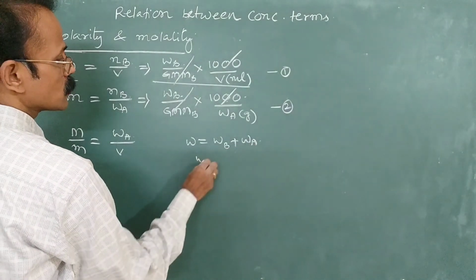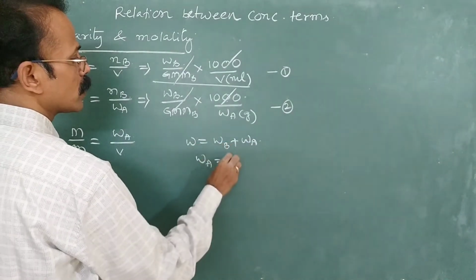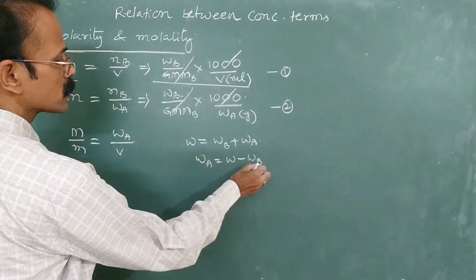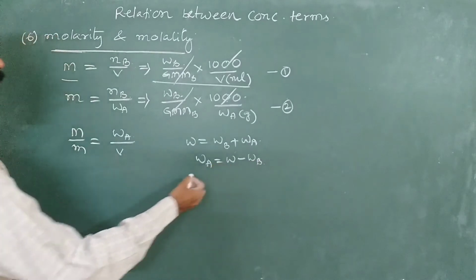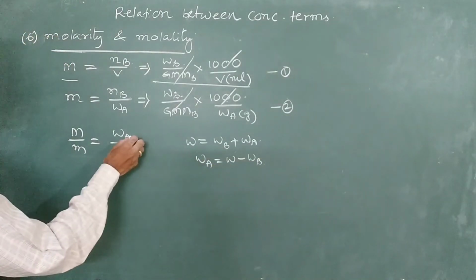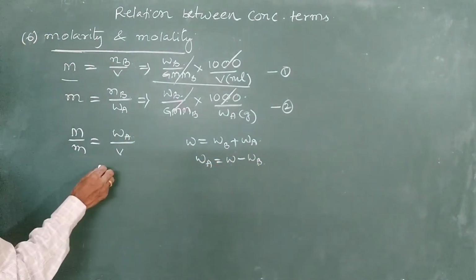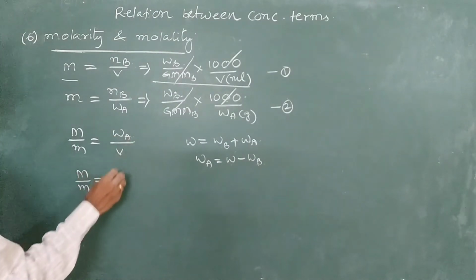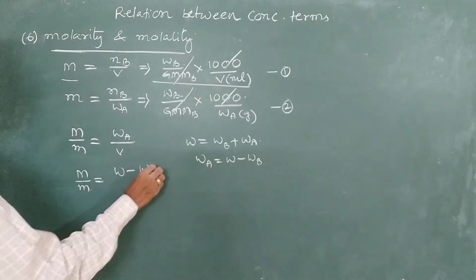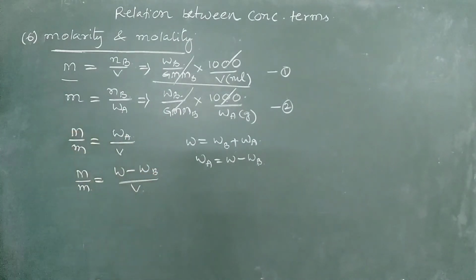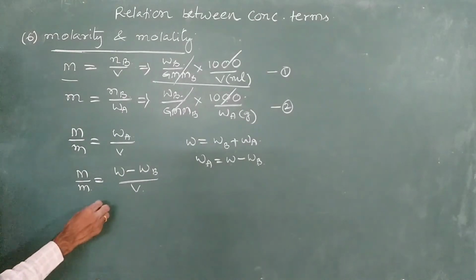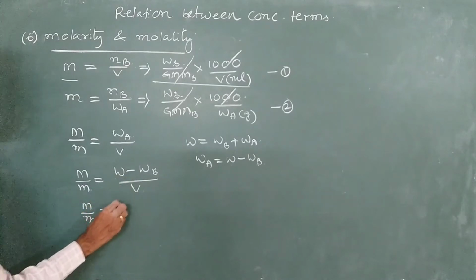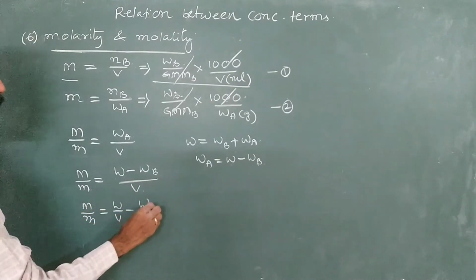Now mass of solvent is equal to what? W minus WB. Mass of solution minus mass of solute gives mass of solvent. Okay. So for mass of solvent we can write W minus WB. Okay. So now molarity by molality is equal to W minus WB divided by volume of the solution. Okay. So this can be written as M by m is equal to W by V minus WB by